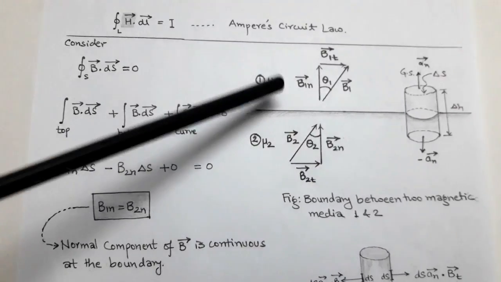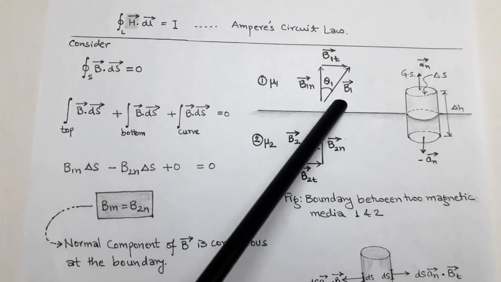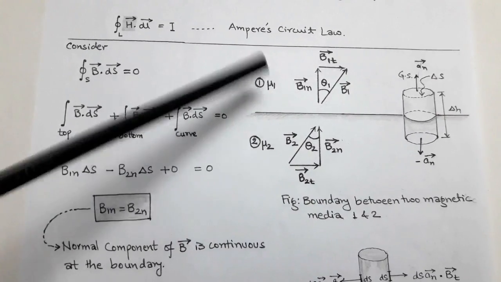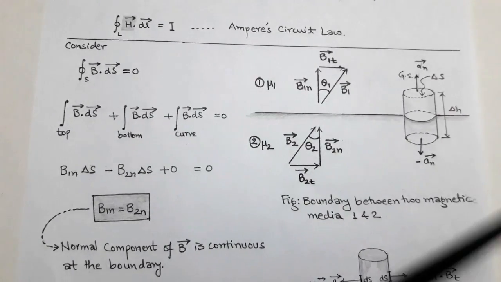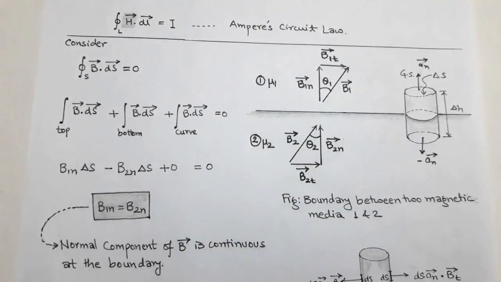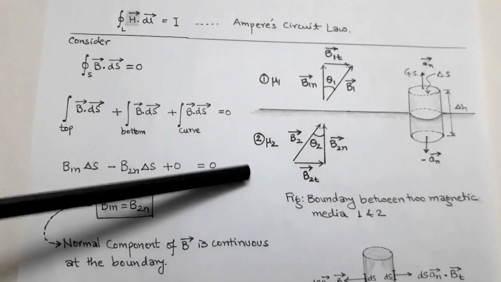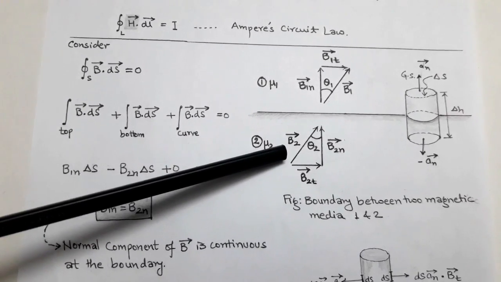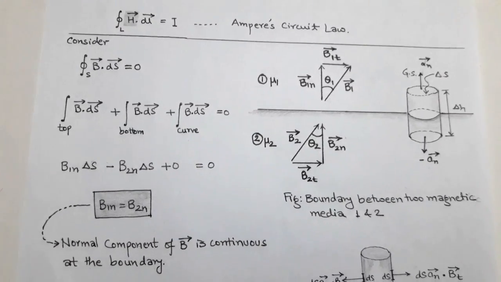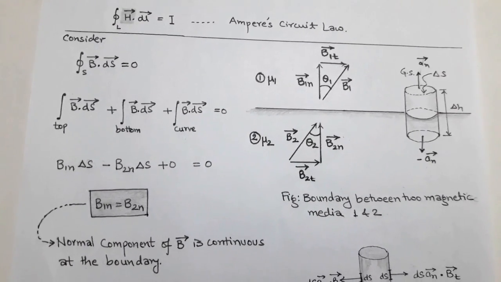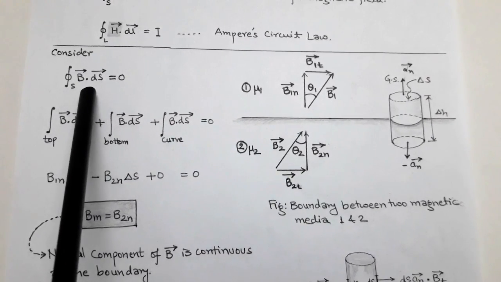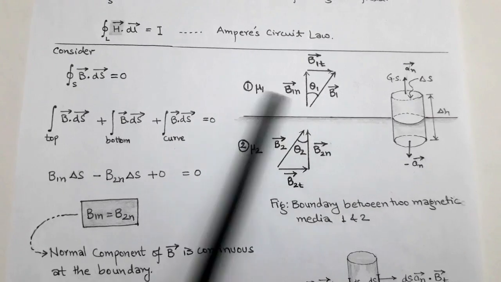In medium 1, magnetic flux density B1 has two components, a normal component and a tangential component, denoted by B1n and B1t, where n denotes the normal component and t denotes the tangential component. Similarly, in medium 2 we consider a magnetic flux density B2 and its normal component is B2n vector and tangential component is B2t vector. Now to determine the boundary conditions, we apply Gauss's law, that is the closed surface